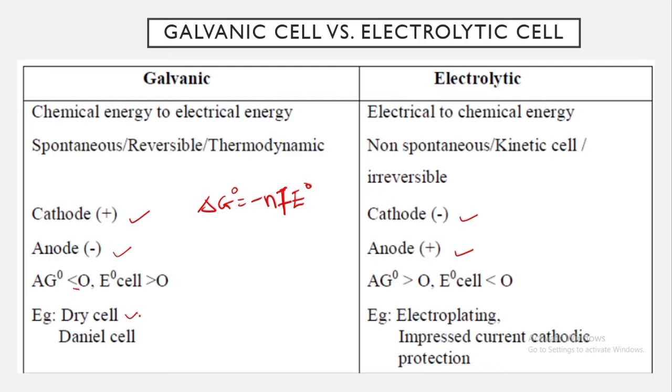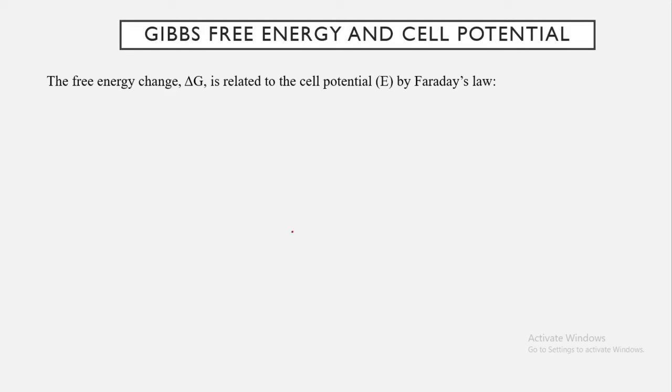Examples: we have the dry cell and the Daniell cell. And then we have electroplating, impressed current, cathodic protection, right? Now, let's look at the Gibbs free energy and the cell potential. So the free energy, that's the change in G, is related to the cell potential, which is E, by the formula: change in Gibbs free energy is equal to negative nFE. Under this, n represents the number of electrons transferred, and F is the Faraday constant, which is